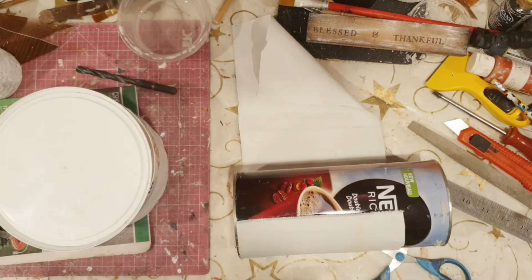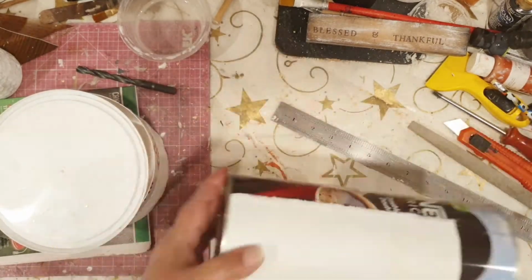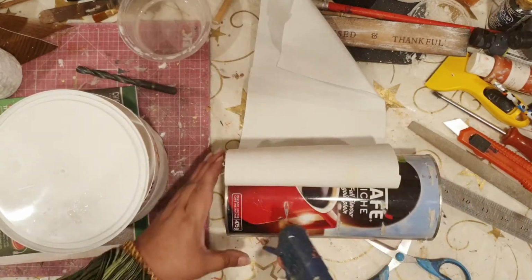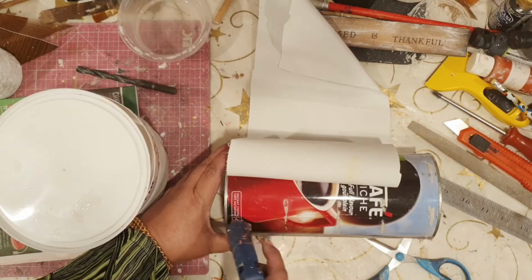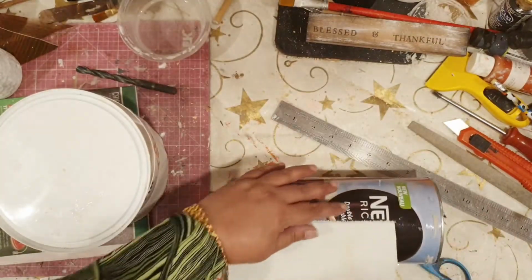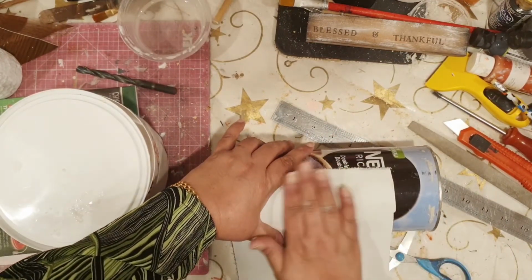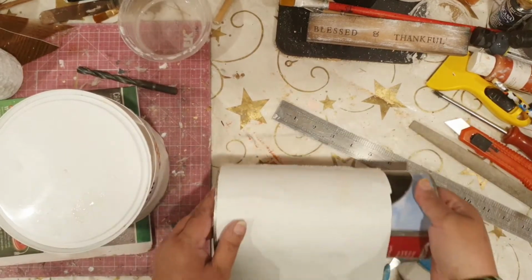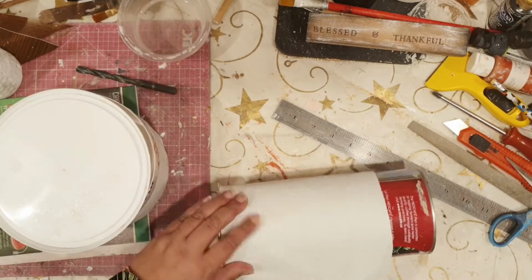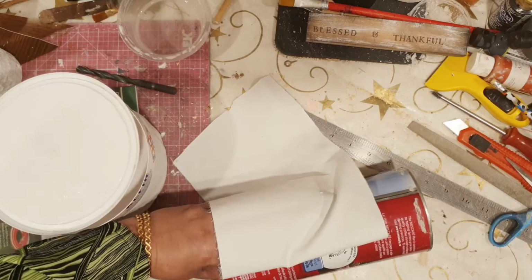Today, because I have a whole lot of paint sticks or paint brushes which are quite long, and you place them in the smaller containers and they tend to flip, I'm going to use this little fella to hold my tall paint brushes. So I'm just going to add this. Oh yeah, by the way, this is a drop cloth. Can you believe it? So this is a drop cloth which I'm going to wrap around it